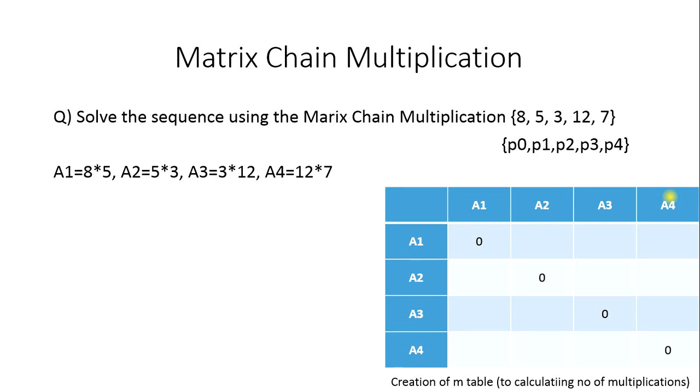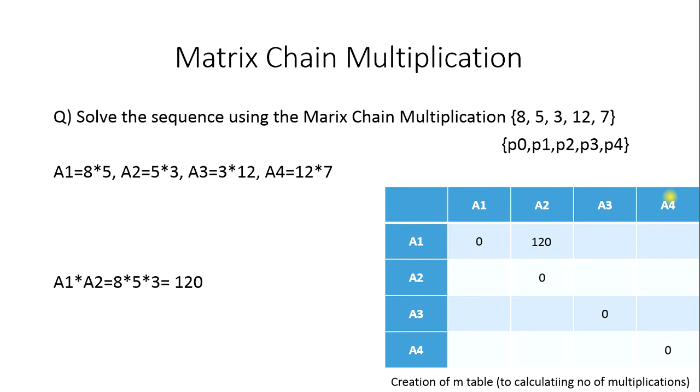So this is what we will be doing, filling it up using the dynamic programming paradigm. And what does the dynamic programming paradigm tell you? To break it up into small parts so that you don't recalculate a particular value, you just use the already calculated value. So in order to multiply these four, what do we do? We start from the simplest combination, that is the combination of two matrices, a1 into a2.